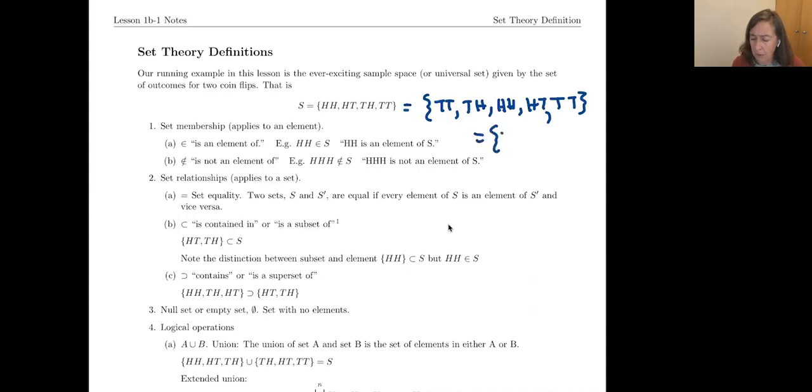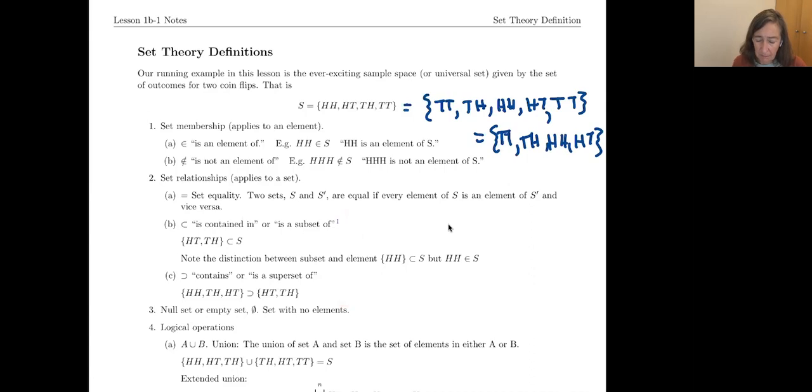That is just equal to TT, TH, HH, HT, okay? So being in the set is being in the set. There's no such thing as being in it more than once or anything like that. Okay, and we have